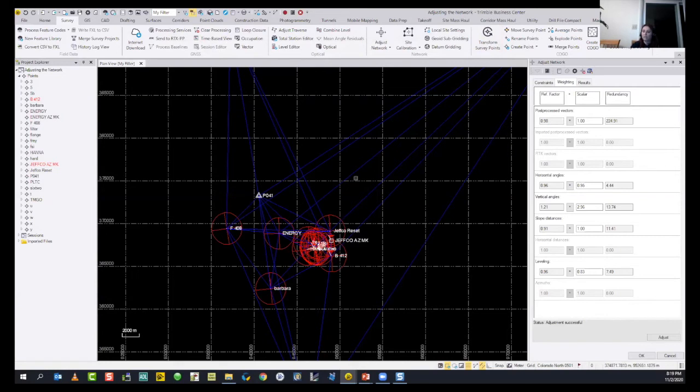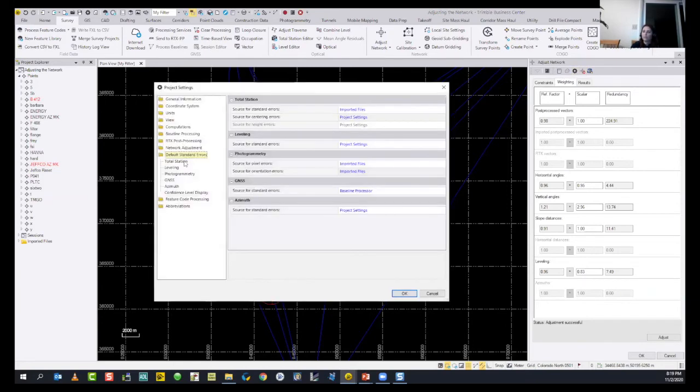If you don't like all the results, you don't have to close up or delete the project. Just go to the adjust network menu bar, clear adjustment results. It's going to wipe out all the changes that you made for the adjustment. You can also directly access it from project settings.